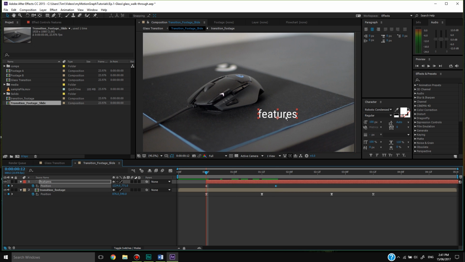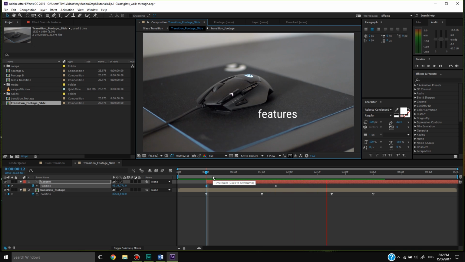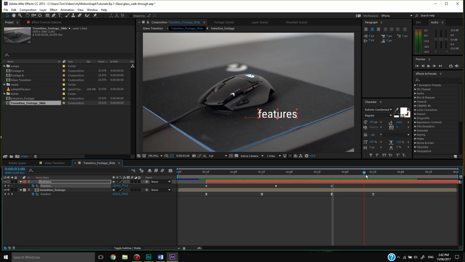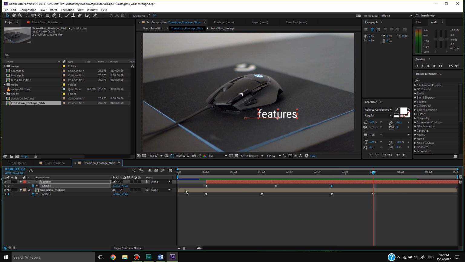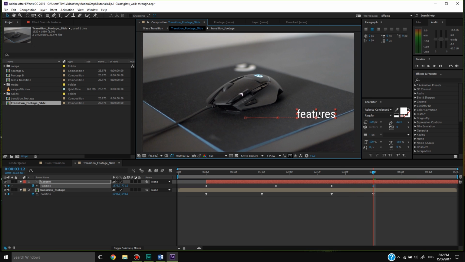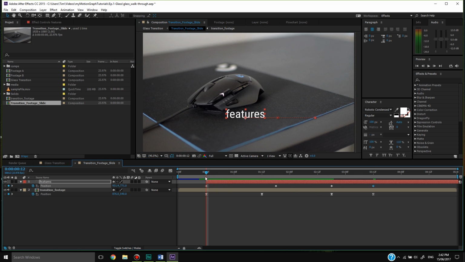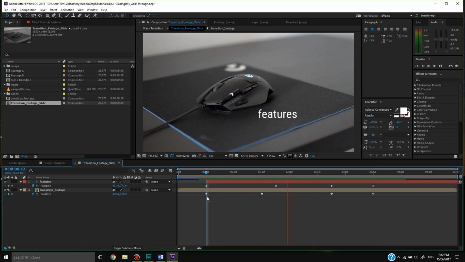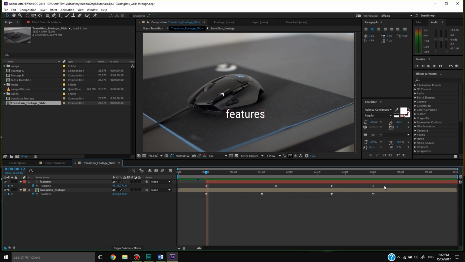And then I'm going to go back to this one and move it back to around here where that S aligns with the end of that mouse. Align with this keyframe here. Add another keyframe and then add around 3 at this keyframe as well. Add another keyframe, and this one's going to slide out just like that. So let's take a look at that. It looks really bad right now, but this is when the easing comes in and it's going to look a lot better. So if we do the same thing to this one as well,